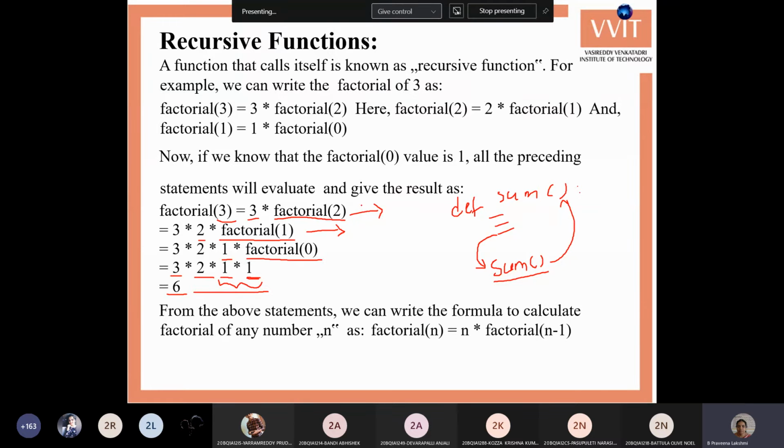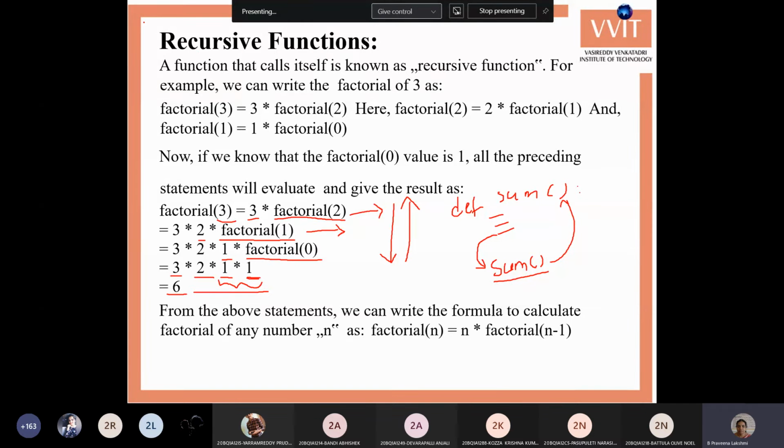So every time, first we will call all the functions. Whenever you get the termination value, then you will close the functions one by one and go back to the first. So like this the recursion will be executed. This is a similar process we follow in any language, be it C, C++, Java, Python or any other language. In every language, the recursion process is similar.